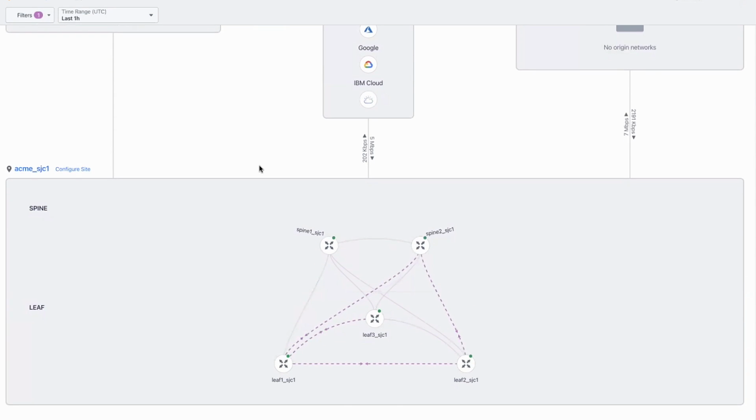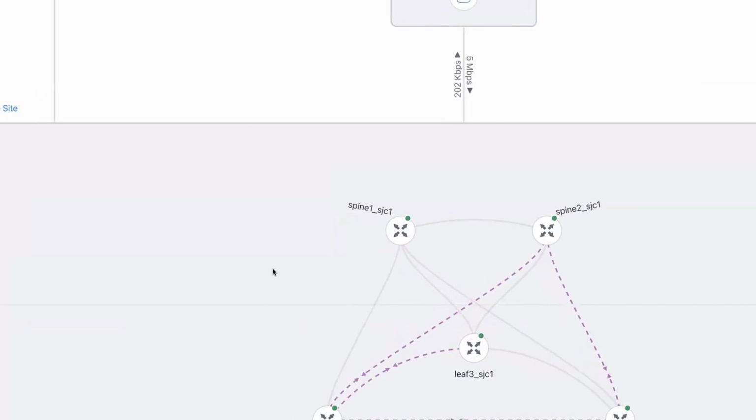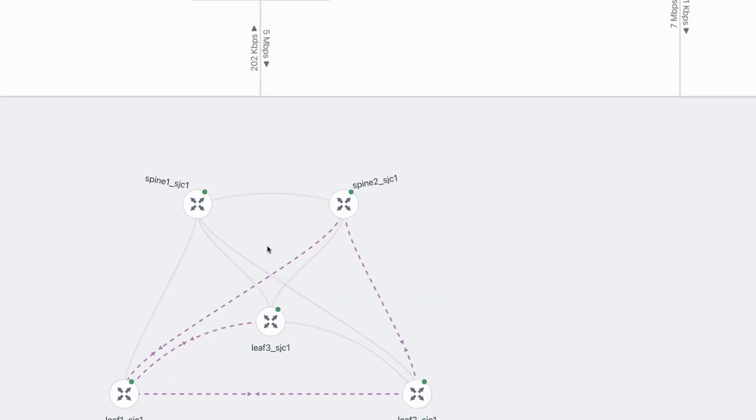And now it's highlighting. You see the little pink lines that are glowing there. That's actually highlighting that traffic. So I'm filtered just looking at the traffic on this one subnet and how it's actually flowing through my spine leaf architecture. And so at a quick glance, I can already tell I've got a little bit of a problem